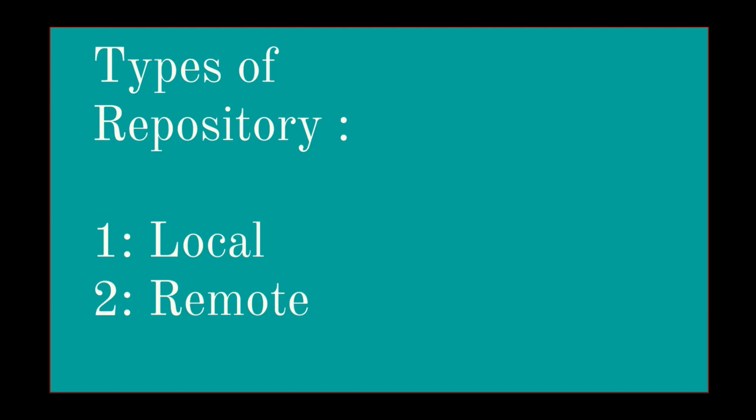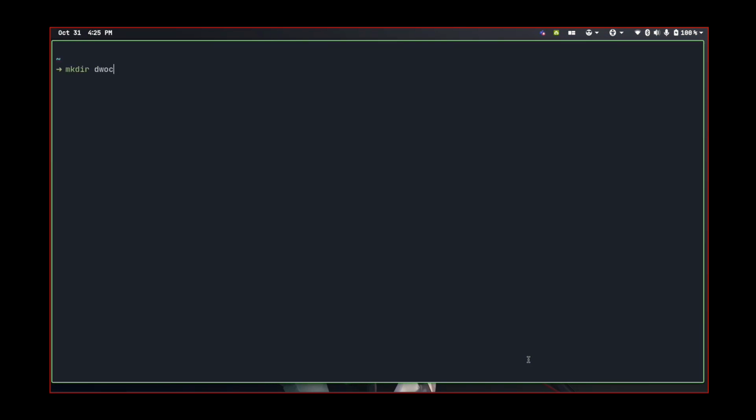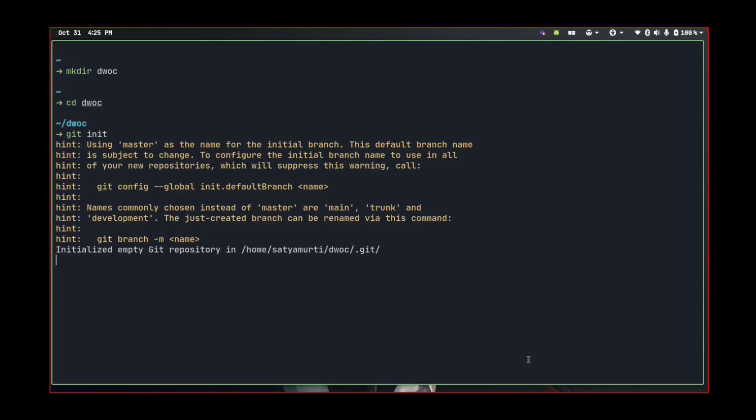To create a new repository and start tracking your project with Git, you just need to go to the terminal and type the command git init. So let's make a dummy project directory. Let's name it DWoC, and we will go to that directory. So let's say I'm in the project directory, and if you want to initialize a Git repository, we will do the git init command. This command will create an empty repository in this DWoC